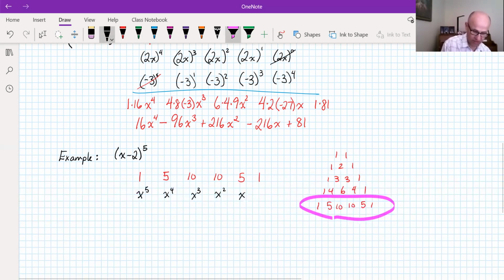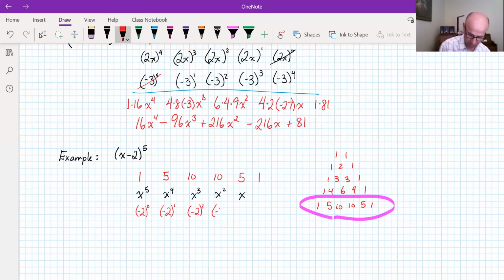And my piece at the back, the negative 2, is going to go negative 2 to the power of 0, and then count up by powers. Which then ultimately gives me